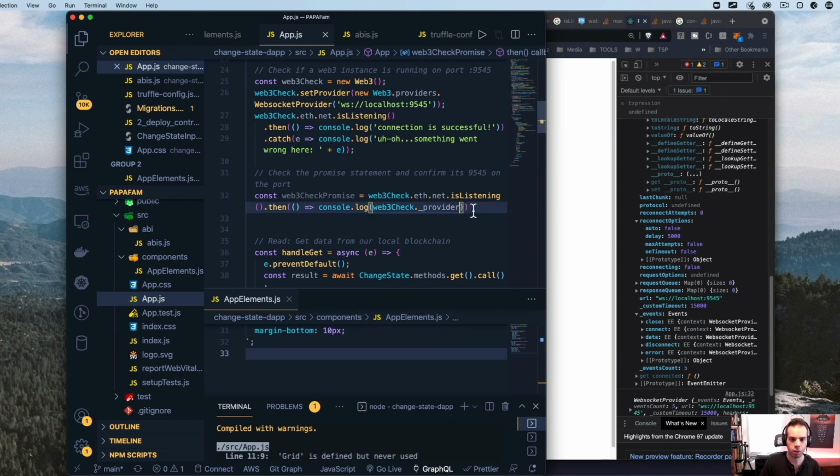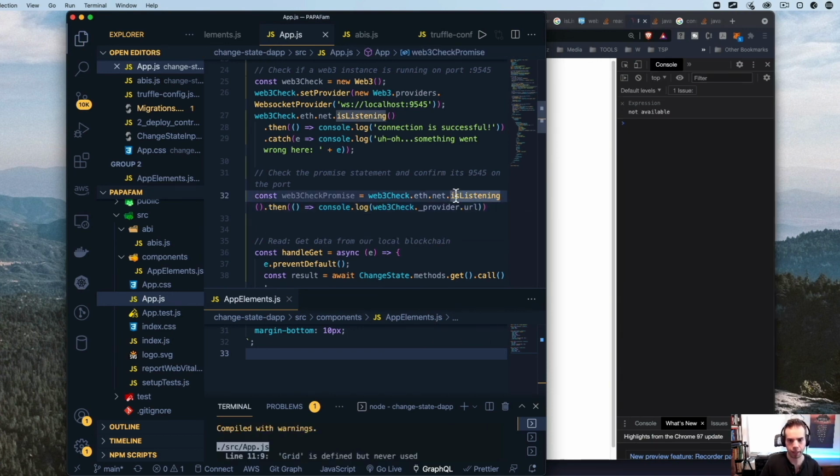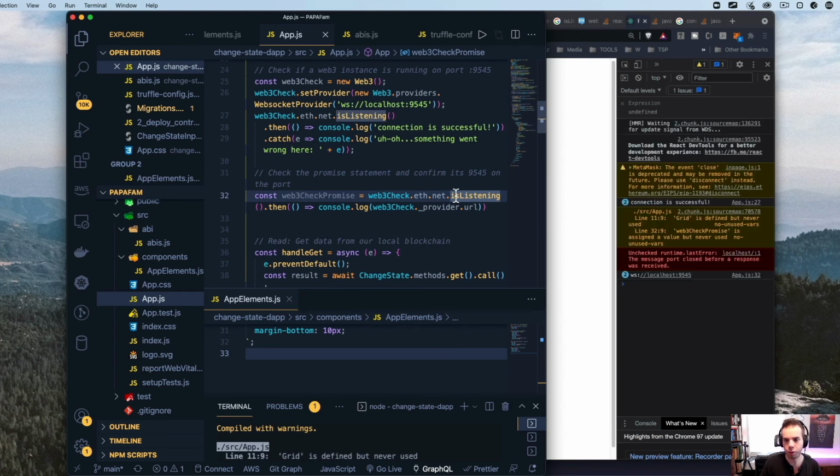Now, specifically with this URL, you just want to call that back. So we just want to confirm also that it's calling this back. So this is from line 32 and this is from line 32. So that's great. That means that this is pulling correctly, and this is the WebSocket that we would expect. Now let's try to dive down a little bit more, because I just want to track the 9545, since that's really all that I'm focusing on right now.